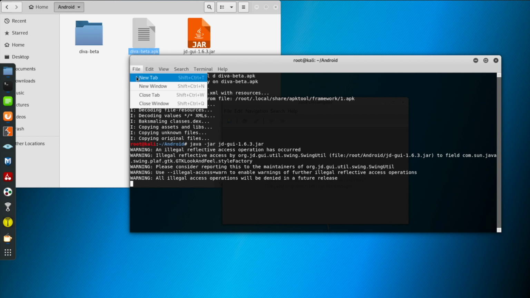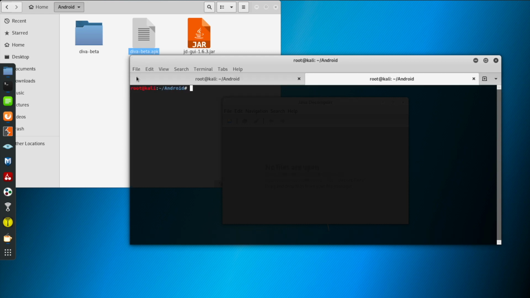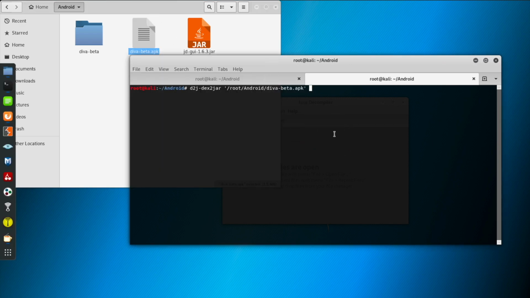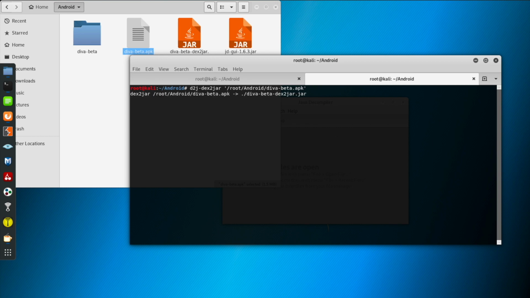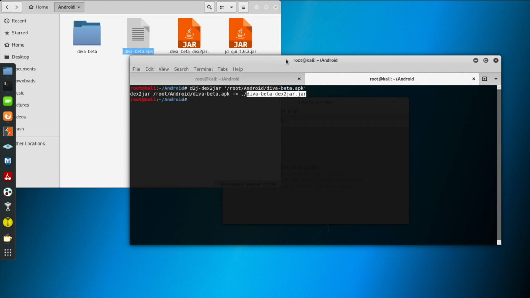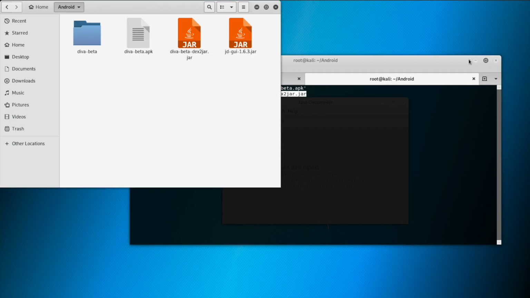For that, I'll open a new tab and type the command d2j-dex2jar and drag and drop the application APK file and press enter. Now our dex2jar tool is going to convert classes.dex of the APK into a jar file. You can see the jar file has been created for the same application. Now open this jar file in JD-GUI.